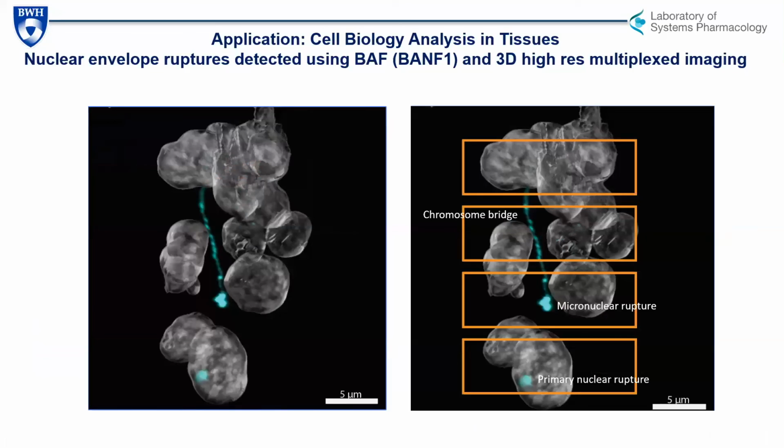And then just to give you a sense of what we're starting to see, this is the Z plane here. So you can see that we get whole profiles of nuclei. This nucleus has a rupture in its primary nucleus. This cell here has a micronucleus that's connected by a bridge to this other nucleus. And if you were only taking 5-micron thick sections, you would only get a very partial view of what's occurring